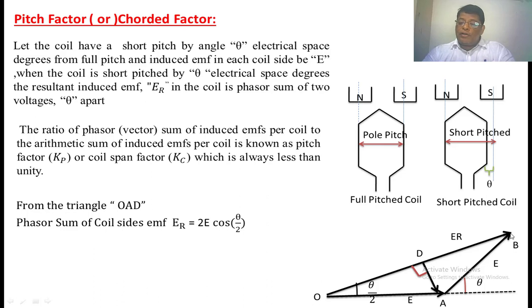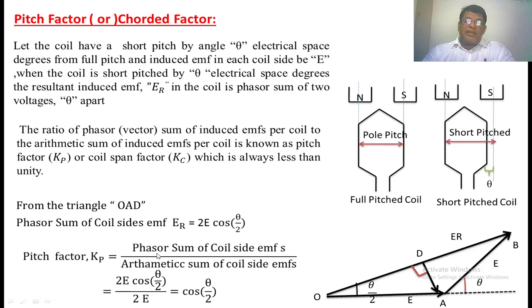Now OB equals 2E cos theta by 2, that is equal to ER, nothing but the phasor sum of the coil side EMFs. Now the arithmetic sum: when you find the arithmetic sum, it applies if the coil is a full pitched coil, then it becomes an arithmetic sum. Now the pitch factor is defined as the phasor sum of coil side EMF divided by the arithmetic sum of